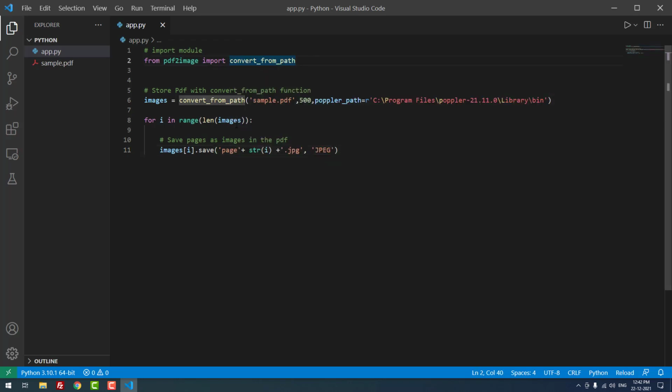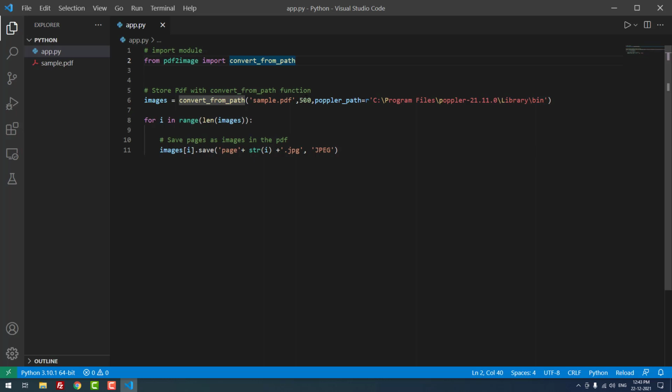After that I am going to store the PDF using the convert_from_path function. For that I created a new variable, images equals convert_from_path. Inside the first quotation I am going to mention the PDF file name. As you can see, I have a sample.pdf file inside this same folder, so I just used sample.pdf here.